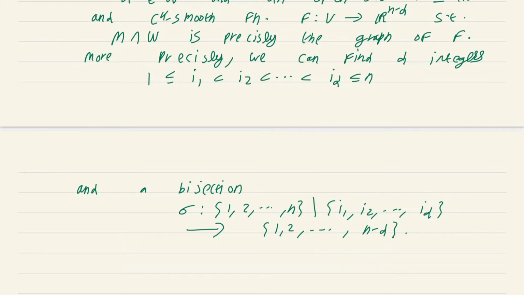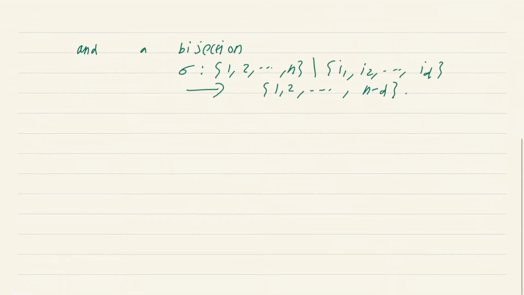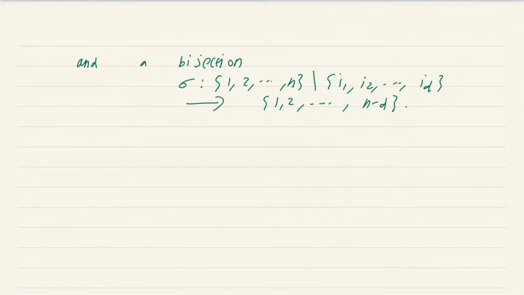Keep this in mind. So there are exactly d integers i1 to id. So if you remove that from 1 to n, you will be left with n minus d integers. You just map these n minus d integers bijectively onto 1 to n minus d. So the definition is we can find such integers and a bijection such that something happens,